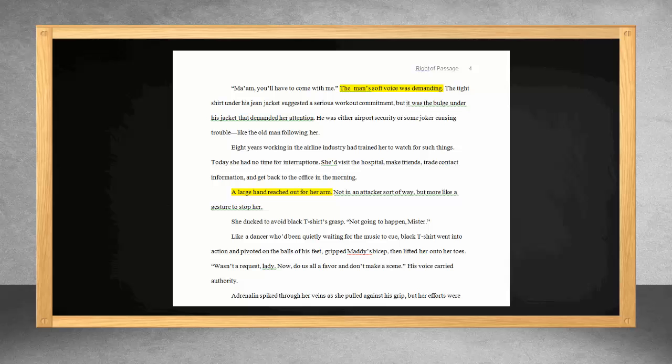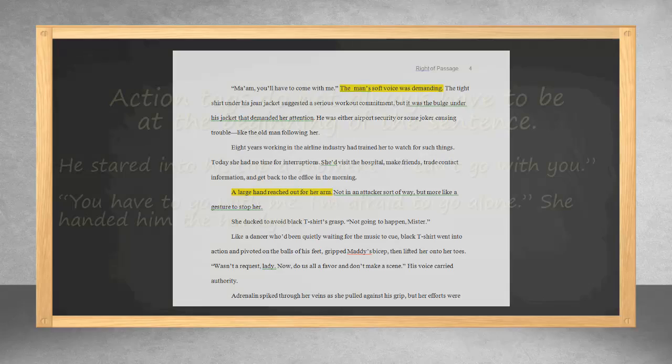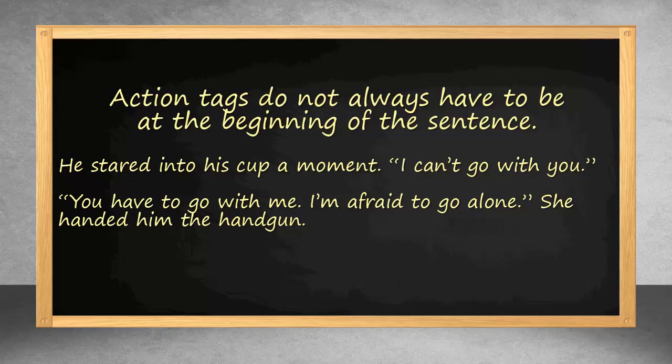But the action tag doesn't always have to be at the end. In fact, you want to switch it up once in a while. It would look boring and mundane if you always had your action tags at the end of the sentence. In real life, people do it both ways. Sometimes they'll pick up their coffee cup, stare into it a moment as if they're concentrating, and then speak. At other times, they'll spout off something and speak, and then pick up their coffee cup and take a sip. So, since we do it both ways in real life, then in our fiction we should show it both ways.